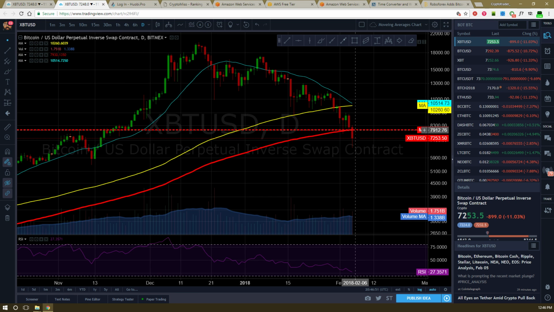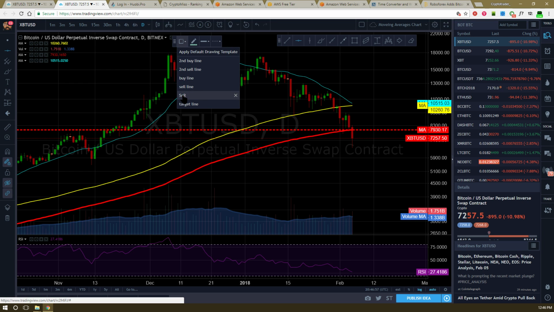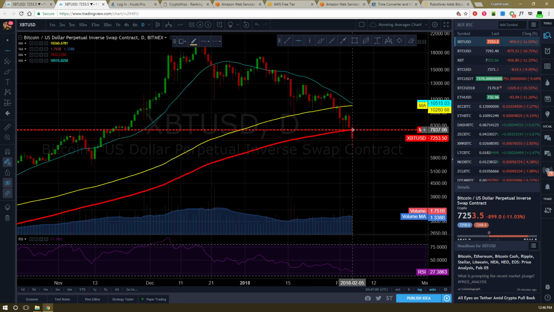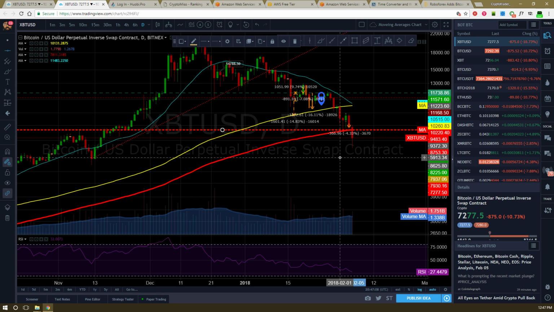Go to the daily. Let's mark this line right here with a support and resistance line. Just go right here as close as I can. 79.30. It's not going to get there, so let's just click it. All my other things pop up. I'm going to erase the other things I got going on.